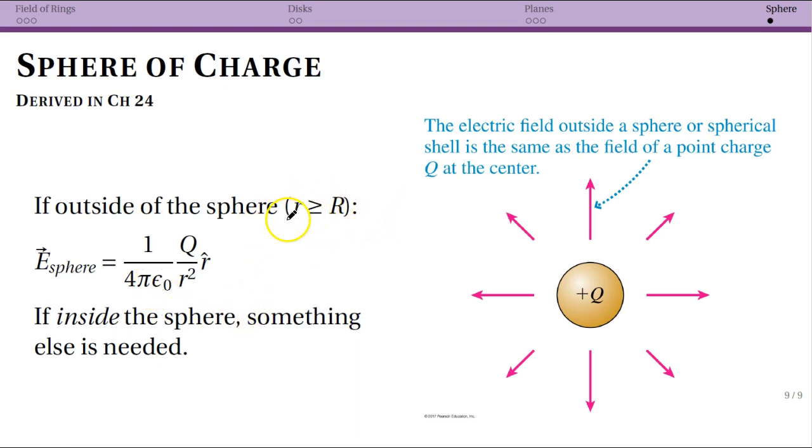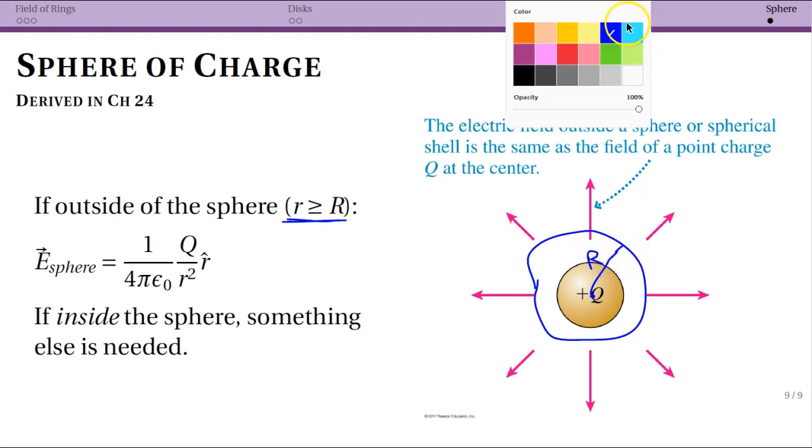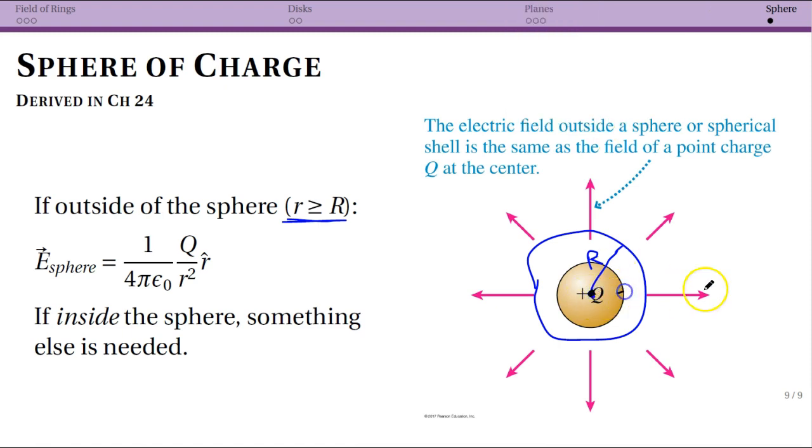The first thing to understand is when we write something like this, little r is greater than or equal to big R, big R is determining the sphere itself, right? So it's like I say, well, if I have my sphere, awesome sphere, that is going to be my big R. But then if I had my center and I'm at some point here, we would call this distance little r. So we typically use little r as our coordinate, and we typically use big R as the